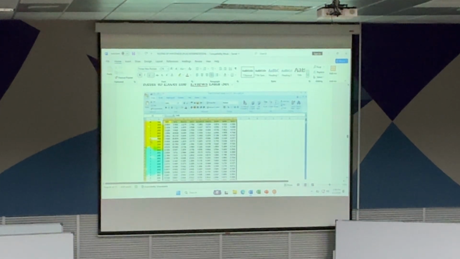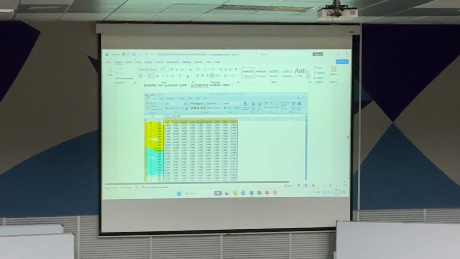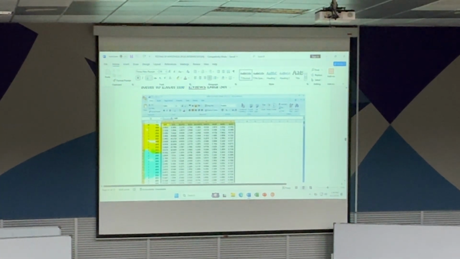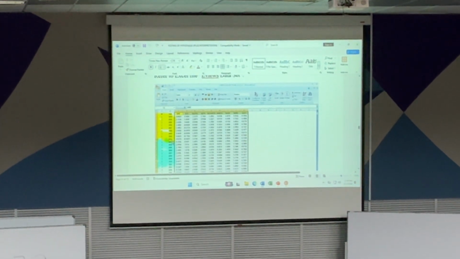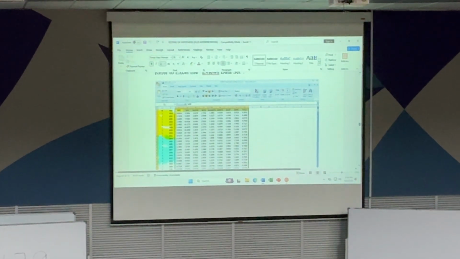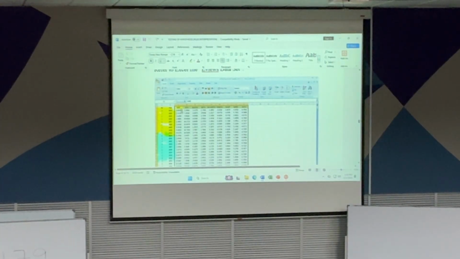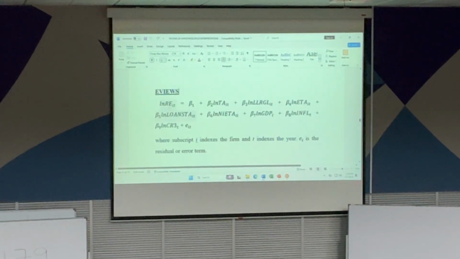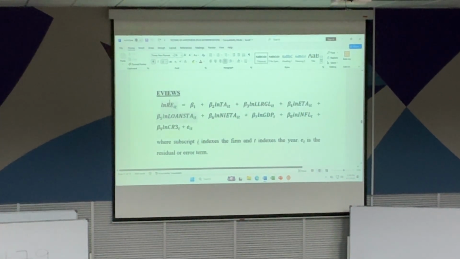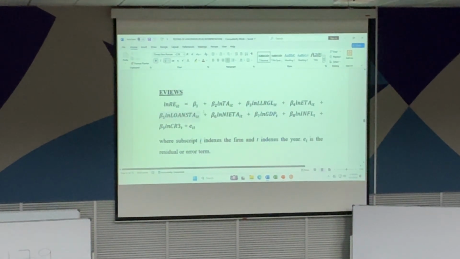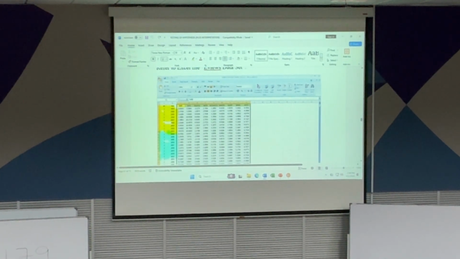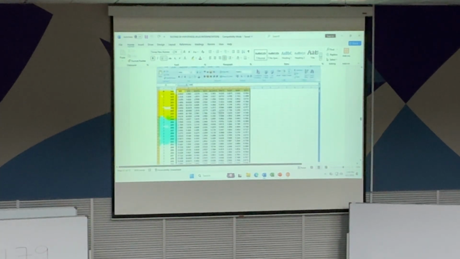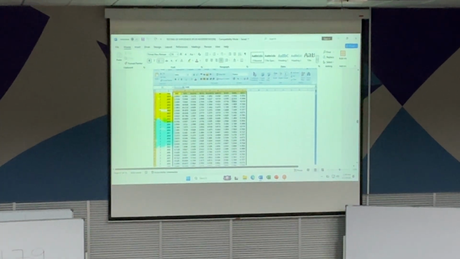So let's say my 1 is Ajinomoto. I want to study, in this case, let's say from 2003 to 2011. So I will key in the year. Can you see? After that, I will key in the variables. Normally, I prefer to follow my model. I key in my DV first, followed by my IV, and then my control variables. Do you understand? So I key in everything, the variable names here,